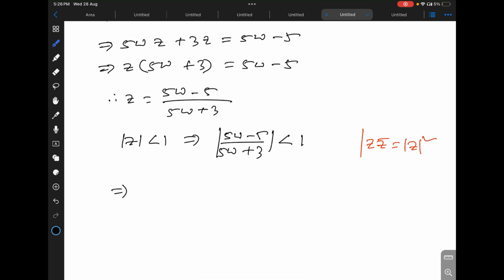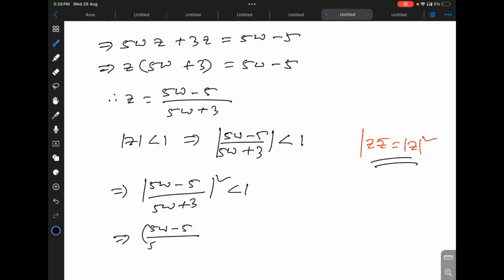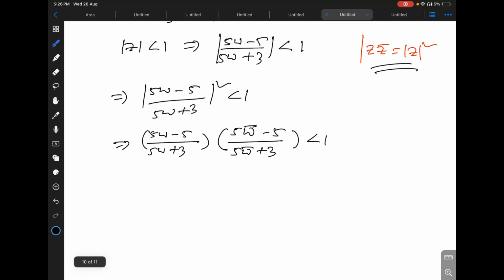Now just squaring both sides, we have modulus squared of (5 omega - 5) / (5 omega + 3) less than 1. Now use this property here: (5 omega - 5) / (5 omega + 3), and its conjugate is (5 omega bar - 5) / (5 omega bar + 3). This is less than 1. Now just after some simplification,